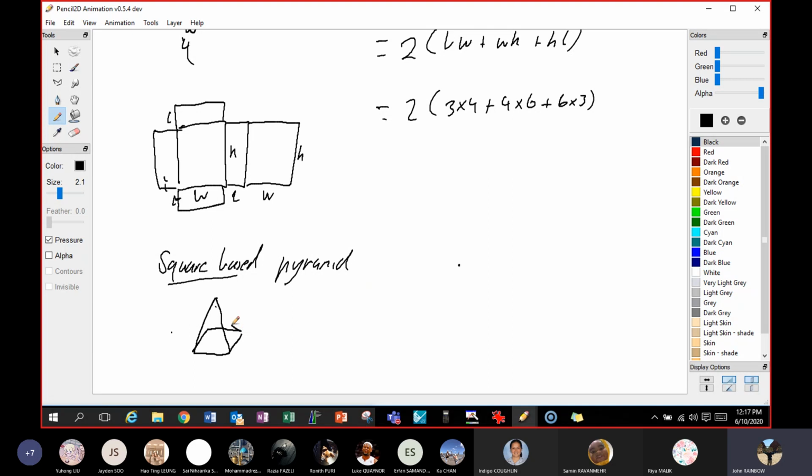This corner will go to the top. And this corner will go to the top. And even if I'm talking about edges, this edge goes to the very top. Anywhere along this edge goes to the top. So that's what it is. So if I said a rectangular base pyramid,